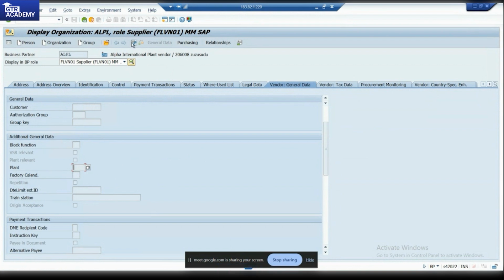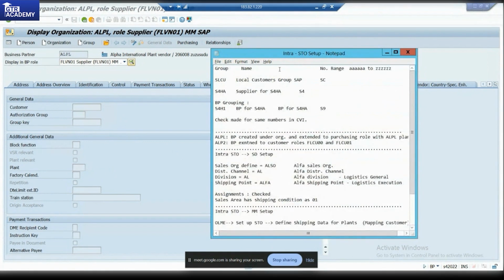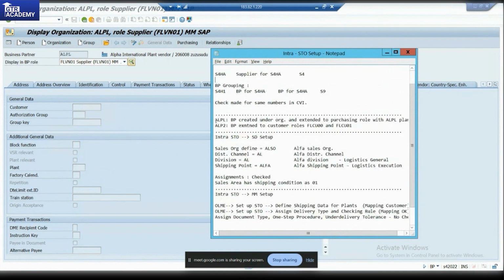This is our vendor sub ranges. This is our plant relevance, that this is only specific to one plant. Then when we maintain a plant, it will work for the same plant only. That was not a mandatory field. So what I did was I created number ranges. I created the supplier. After creating supplier alpha, ALPL was my